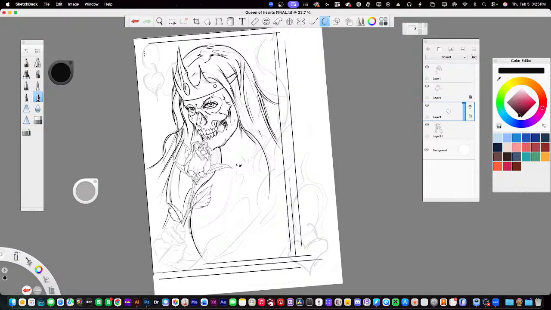There's a 12 by 18. Actually, so that's going to go. It's probably going to be a little bit more out this way here.